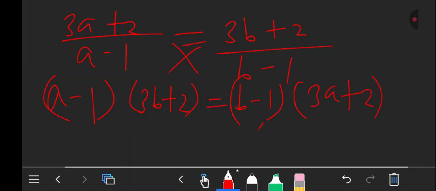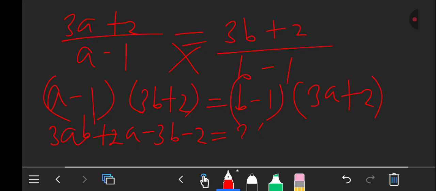So we are going to say a multiplied by 3b, that is just 3ab, then a multiplied by 2, that is just 2a, then negative 1 multiplied by 3b, that is negative 3b, then negative 1 multiplied by 2, that is negative 2, is equal to, on this side,